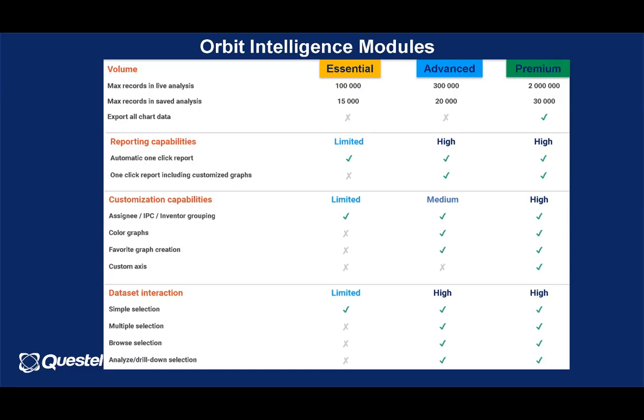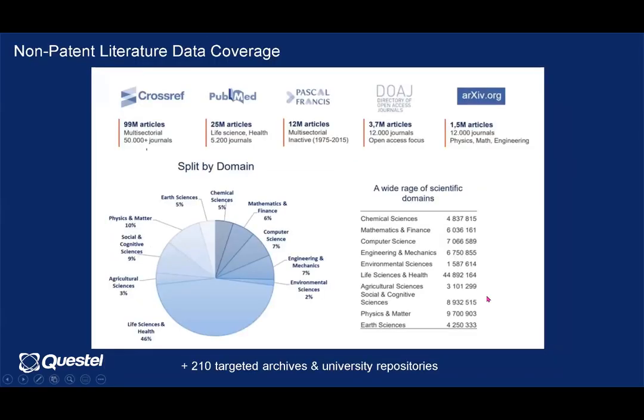Further, you can click on any of the chart areas and view the patent records coming out of it. We have added some additional content in our interface. One of them is non-patent literature. So we are covering a plethora of publications. Those are coming from research articles, conference proceedings, books, PhD theses, and some literature like clinical trials.